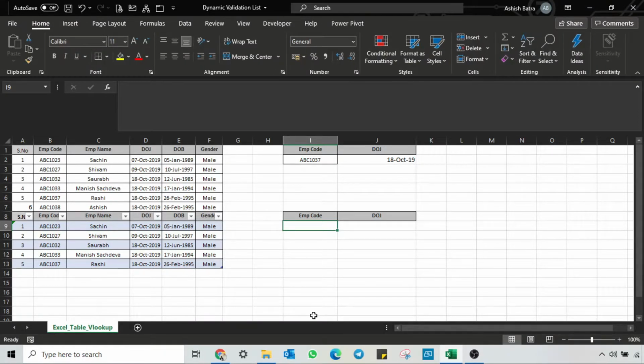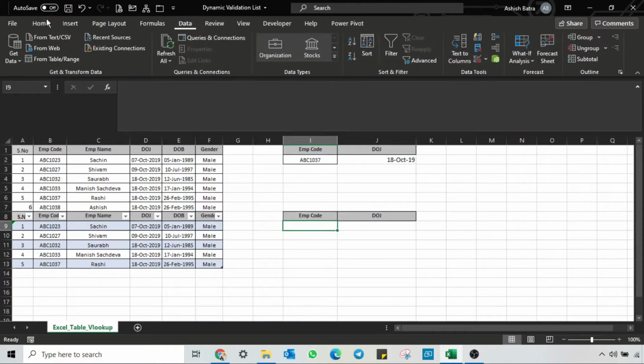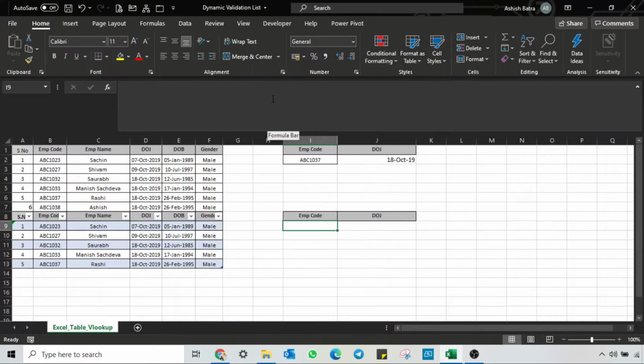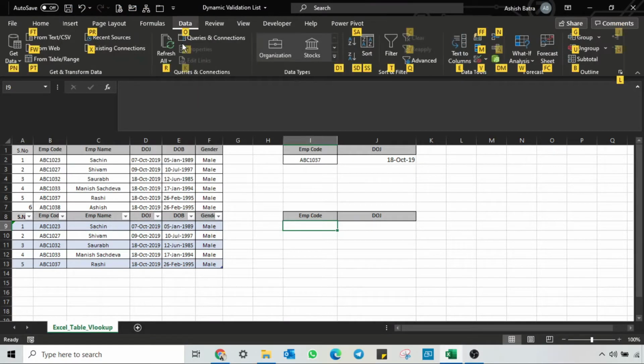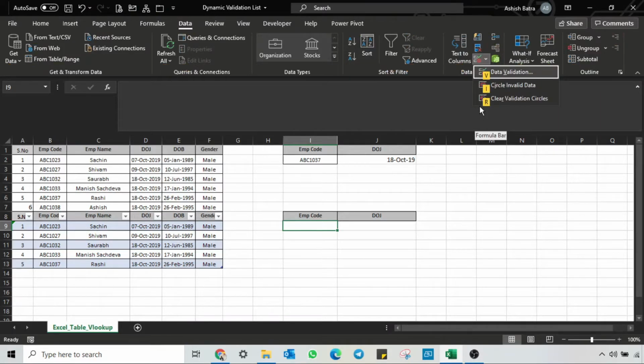Now let's use the shortcut keys Alt AVV. You can remember the shortcut or you can go step by step. Let's say I pressed Alt. Once you press the Alt key, the shortcut keys will be activated. For Data, we need to go to A. Then for data validation, V. Then again we need to press V. Alt AVV.